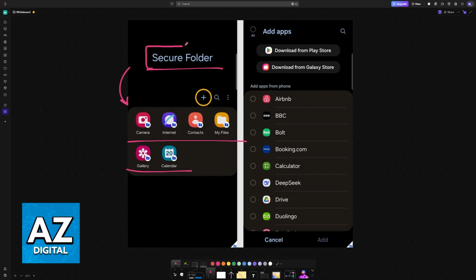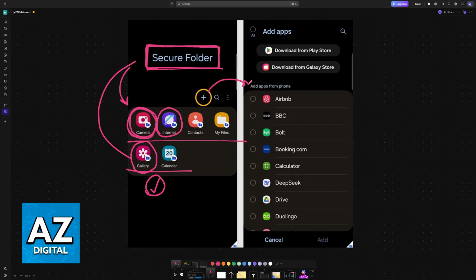So you look for the secure folder as a normal app, you open it up, input the password, PIN, whatever you have set up for security, and then the apps that you locked will be available inside, and you can open them up. If you added specific photos and videos, you can go into the gallery inside of the secure folder, and they will be available here as well. You can add new applications by tapping this plus sign and then adding them here.